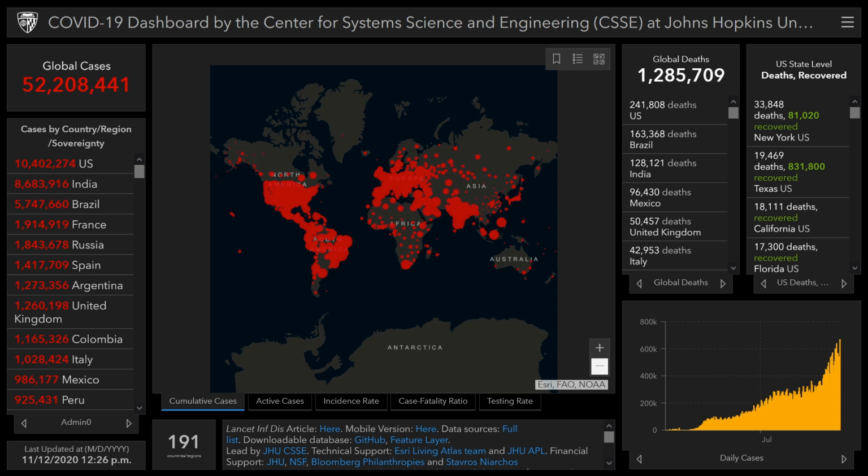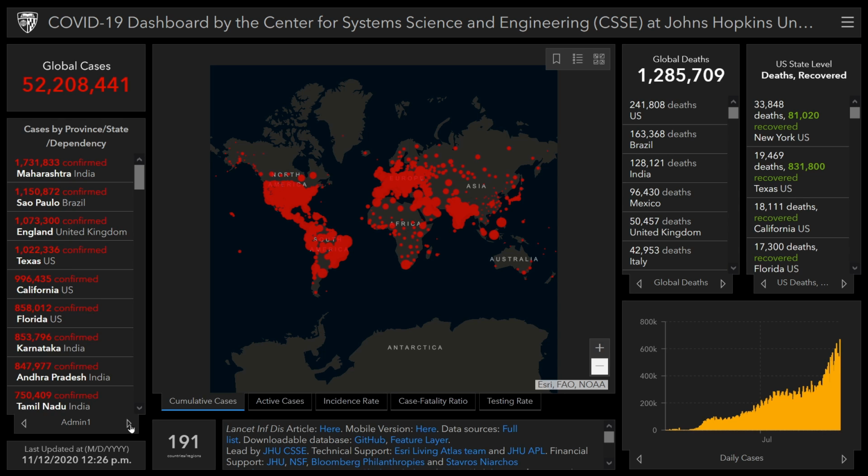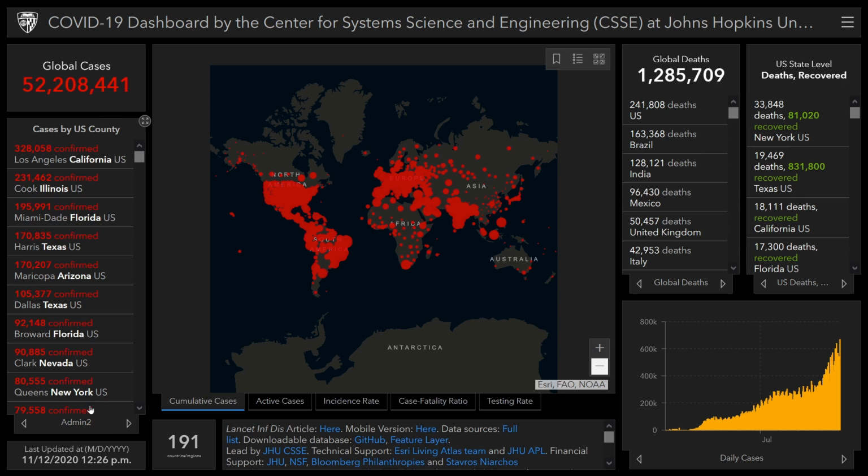The dashboard is based on an ArcGIS dashboard. It uses a dark theme with 4 different columns. To the left is a cumulative case count, which represents the total count of global cases over the entire time frame of the pandemic. The table below subdivides the total cases for different administrative levels. The first is the country level, next is the state level, and the greater metropolitan area.